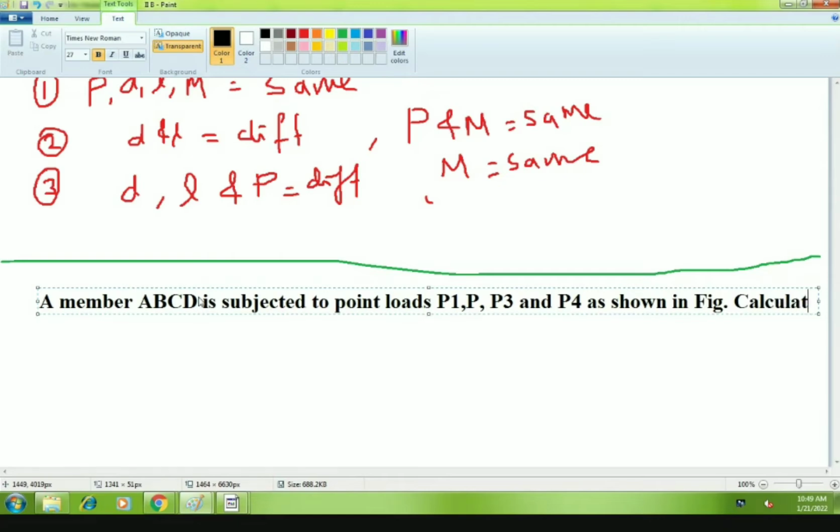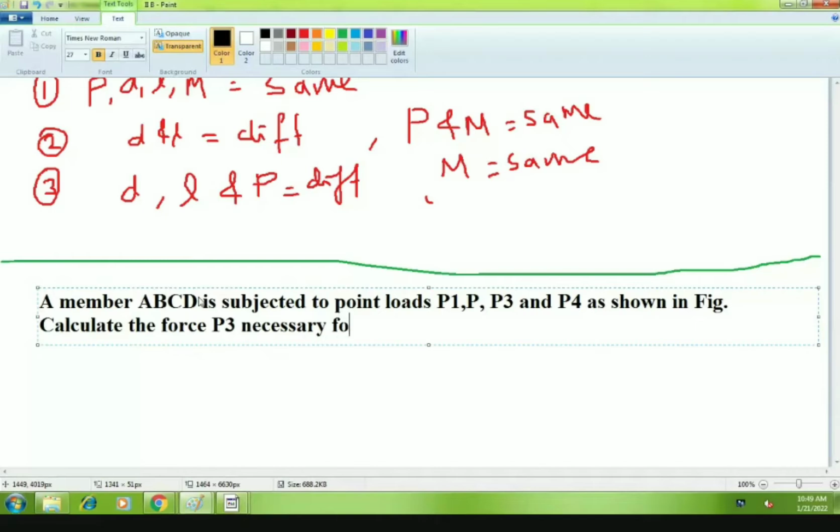Calculate the force P3 necessary for equilibrium if